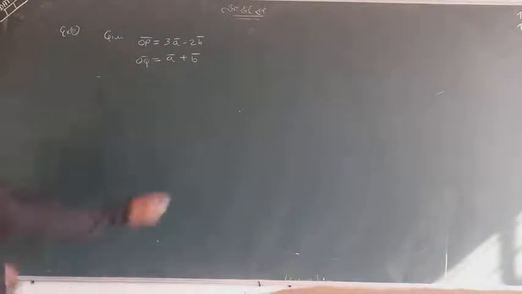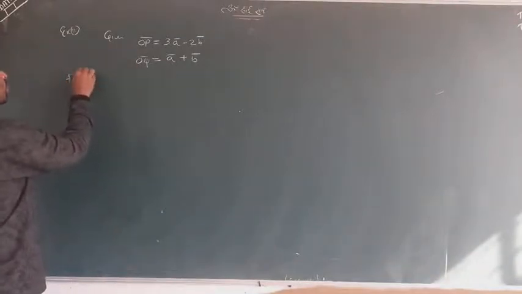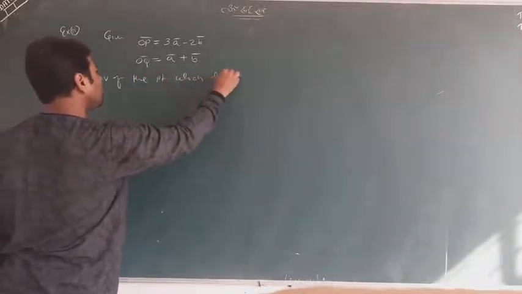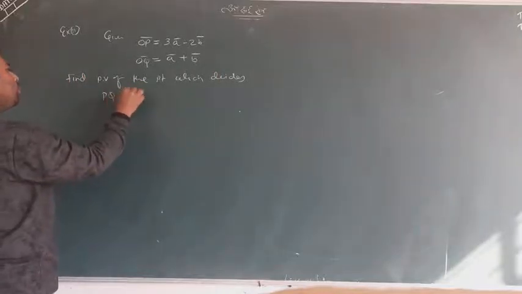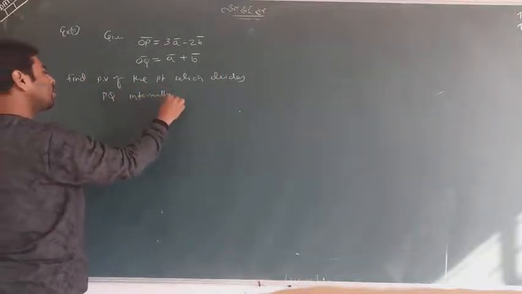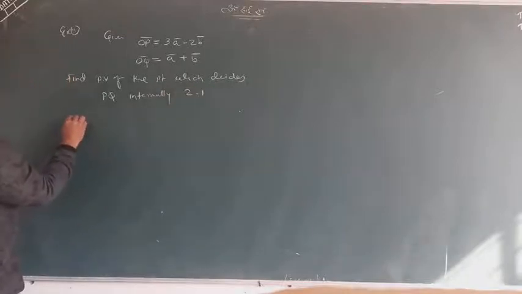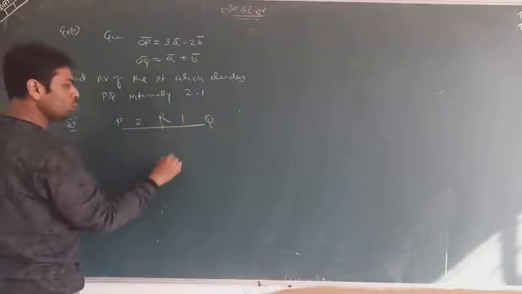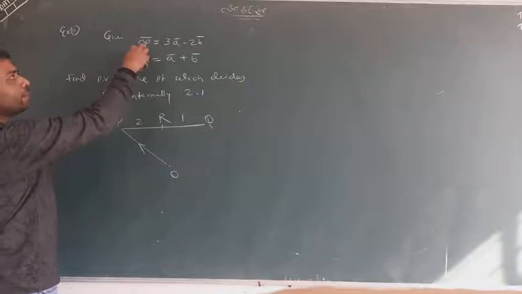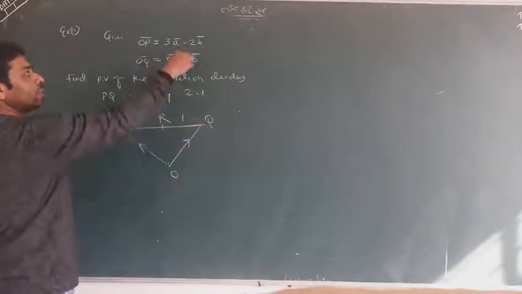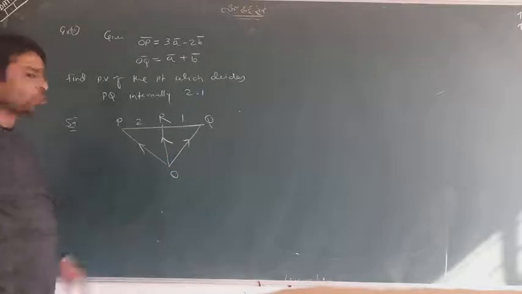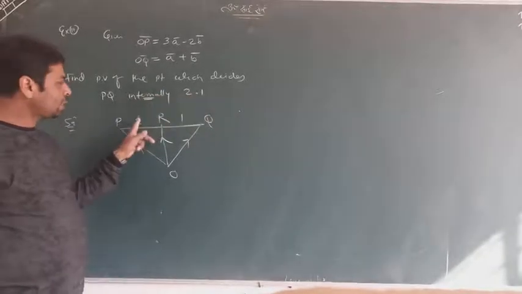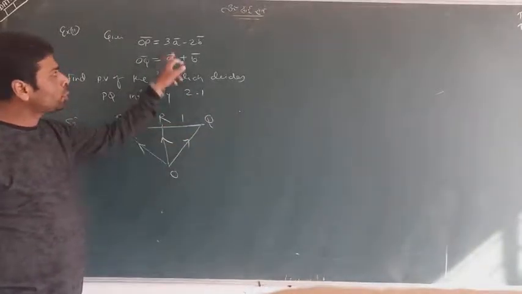Okay. So we want to find the position vector of the point which divides PQ, first question, internally 2:1. So how will I start the solution? This is my P, this is my Q, this is point R, this is 2:1, this is O. OP is given, OQ is given, and we want to find the position vector of R. All situations are very simple. Internal division is given here, 2:1 is given here, which is M:N. OP and OQ position vectors are already given.